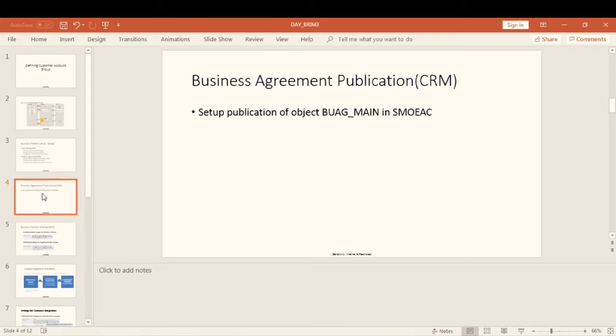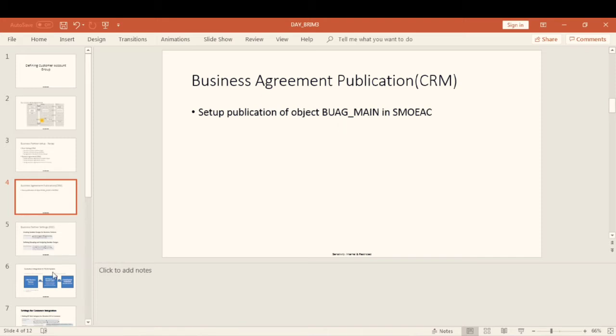We will define the business agreements we want to transfer, and whether we want to transfer the service materials or the physical materials. We will define all these things in the SMOIAC transaction of CRM.